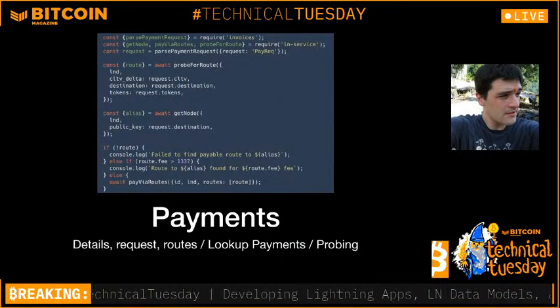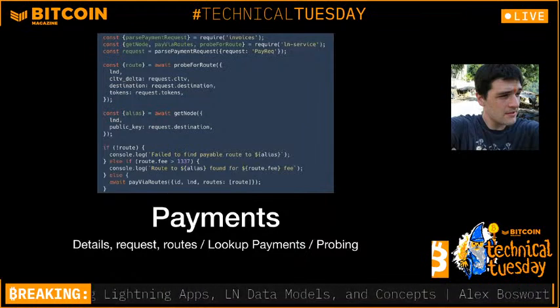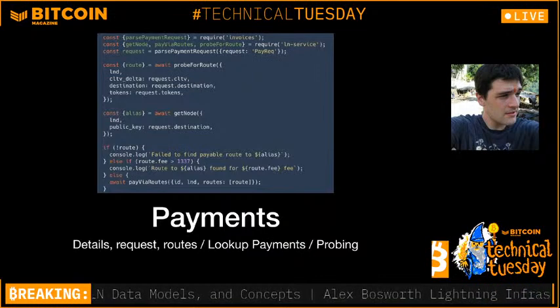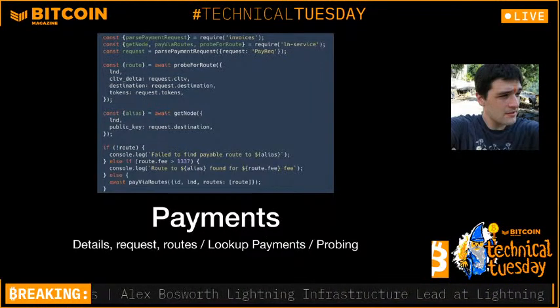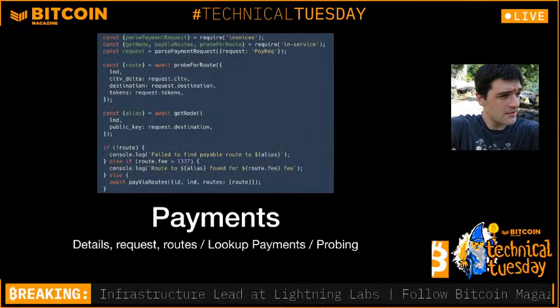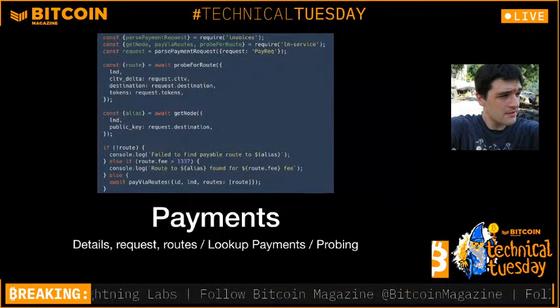Okay, so now once you have the graph, the reason why you want the graph, why it's gossiped and synced to everybody, is so I know how to get my payment through the Lightning Network from point A to point B, and which intermediaries to use and what fees to pay them. I'm going to need to have the information about all the different channels and all the different nodes. And once I have that information,